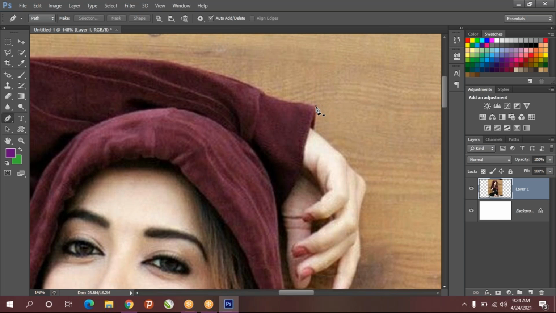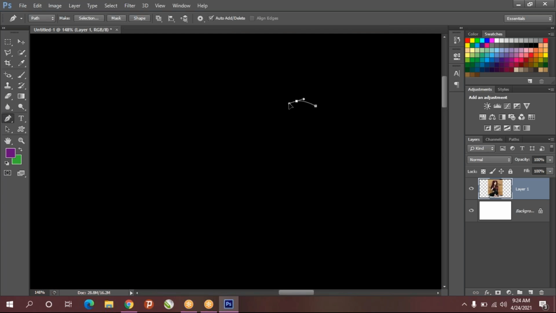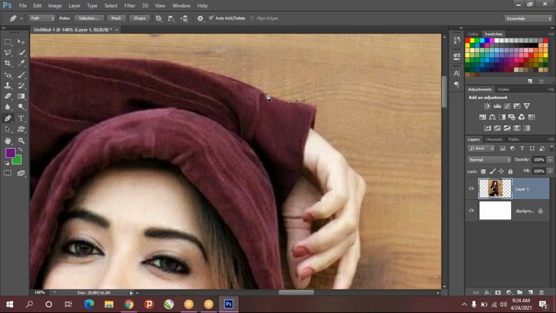So just to start, see, you can bend it easily however you want, and it is very easy to undo also, because Alt Ctrl Z only, there is no need of backspace. See, exactly to the shape you can make the path.